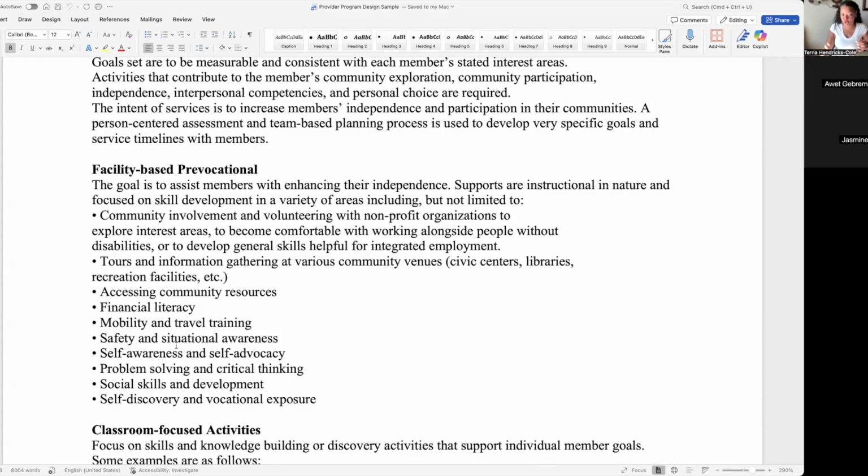You have to be more structured. You have to have a curriculum in place if you're going down this route. It's not as easy as playing bingo or going on outings or going in the salon. This definitely has to be well thought out, well planned, and it has to be skilled staff that can actually provide the services to your clients so that the delivery is a good quality of service.